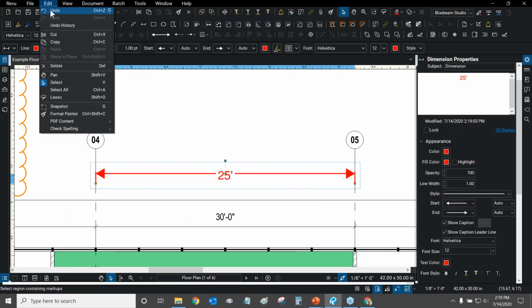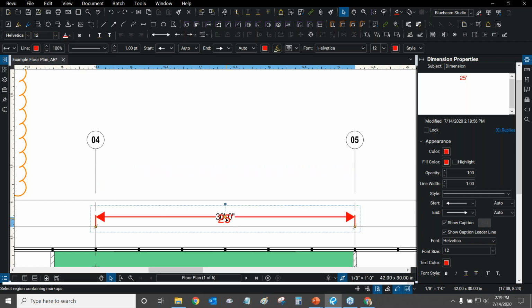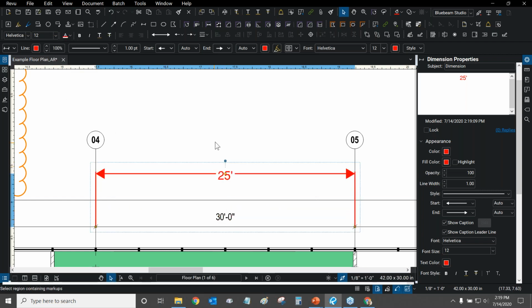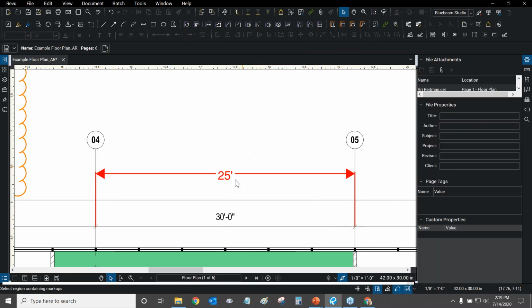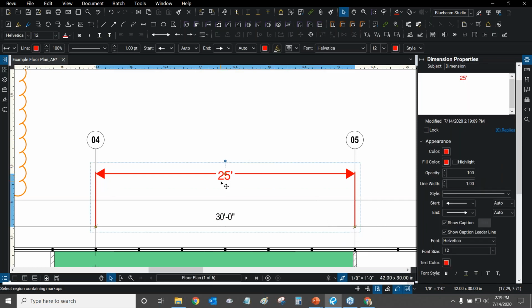Also, if I wanted to keep its original origin points in place, I could just use the grip and I can move the dimension up and away, but it still maintains its origin right here and here. And there you go. So I can specify any number I want with these dimensions. And I have a lot of control as to how these look. I can change the start arrows, for example, and the line style itself and everything. So nothing crazy going on there.